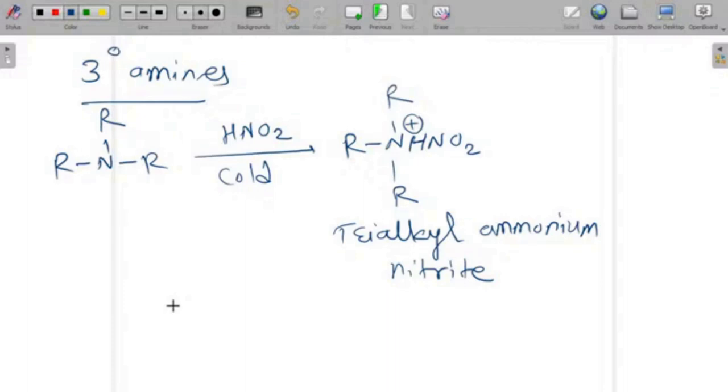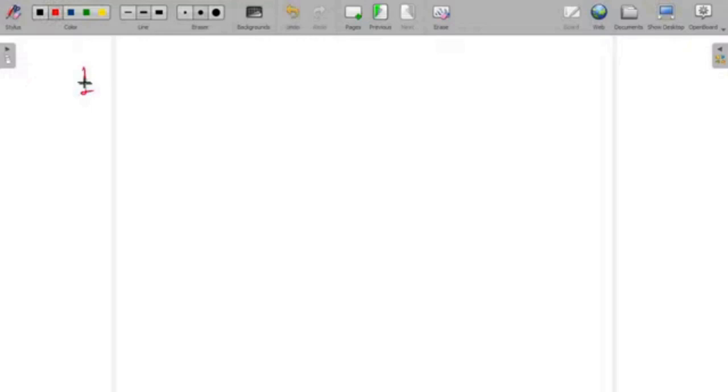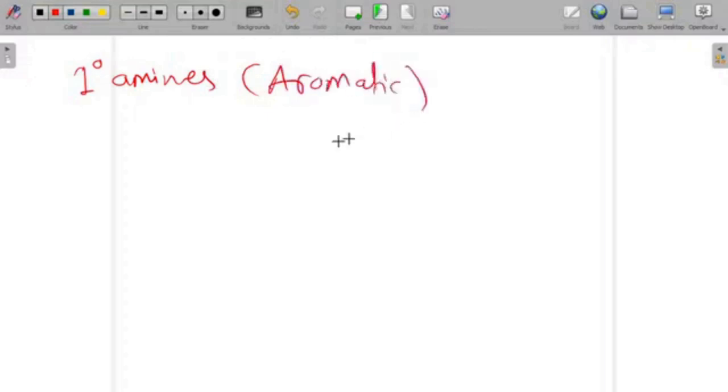What happens with aromatic compounds now? Primary aromatic amines. On the next page I am going to take these primary amines which are aromatic now. Aromatic means you have to consider aniline, benzene ring with NH2 group. This is aniline, or it is aminobenzene,